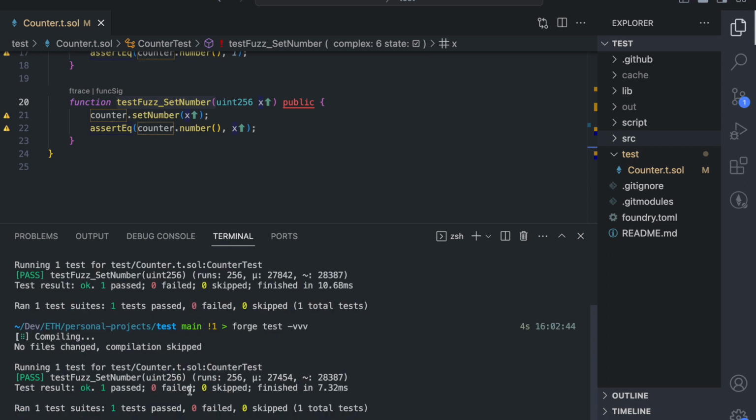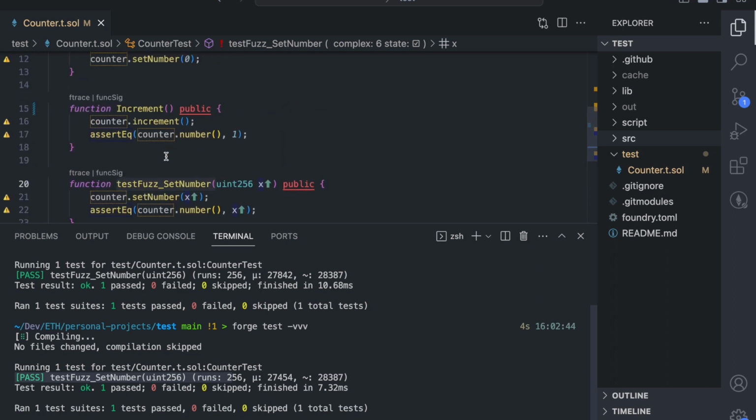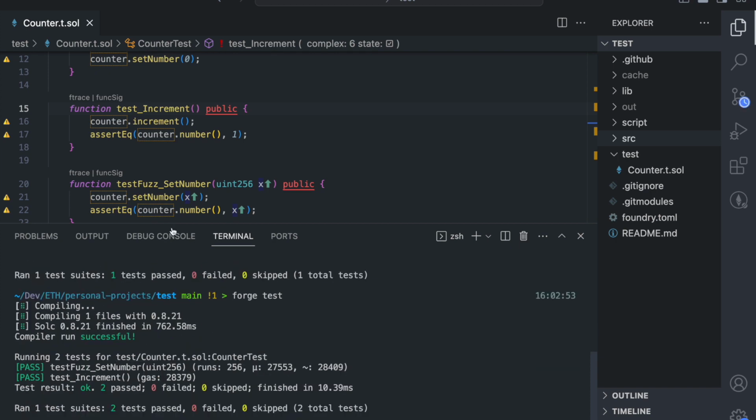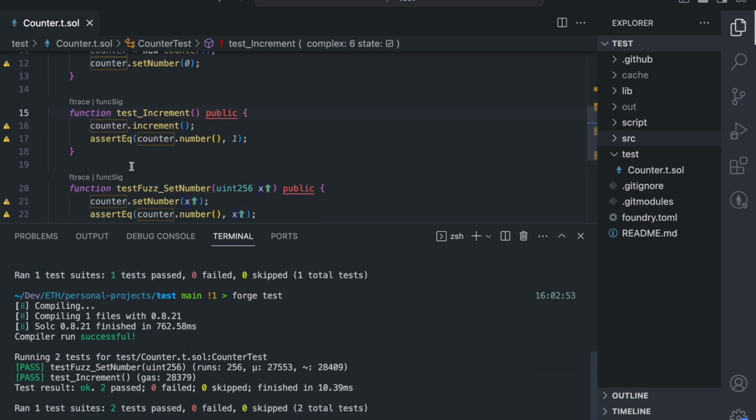We can check by looking at this right here. See? Test fuzz set number. Now, if we write test back in here, we can see that this is indeed also tested. So that's a requirement. That's something that's interesting for Foundry, but all of your test functions need to have test